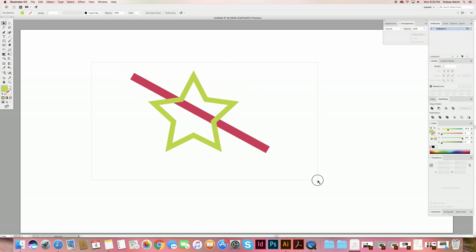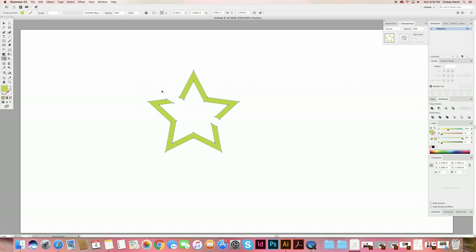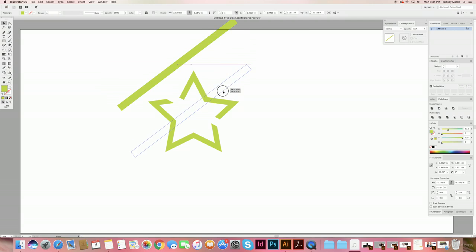I'm going to go ahead and select both of these objects, and let's select that Option key to get my subtraction sign. I can subtract this little area where the shape is overlaying or overlapping, and go ahead and subtract the shape. I don't need that anymore. And so now you can see how I can add some dynamic elements here. Let me just angle that, put that on this side,